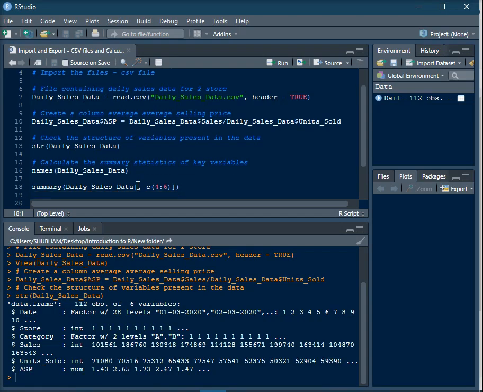So the summary statistics basically give you six metrics: minimum, maximum, mean, Q1, Q3, and median, or you can say Q2, right? So median is your Q2 as well. You can only calculate the summary statistics for three variables in this particular data set, which is sales, unit sold, and ASP, and these are indexed at 4, 5, 6 position in this data set, right? So in order to calculate these summary statistics, there's a function called summary, and the argument is the name